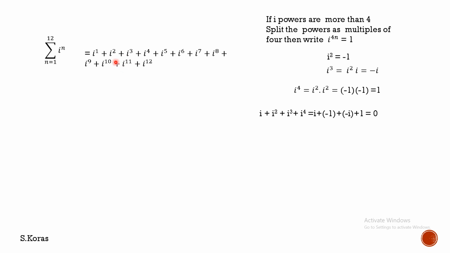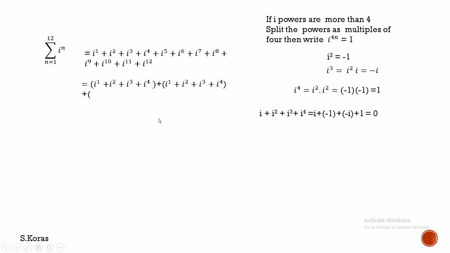So whenever you do a problem, if the power goes beyond 4, you can split i into powers with multiples of 4. Then that answer will become 1 and the remaining will be the thing we have to calculate. So in this problem, first 4 terms would be taken, next 4 terms would be taken, and the next 4 terms would be taken. So if you simplify,